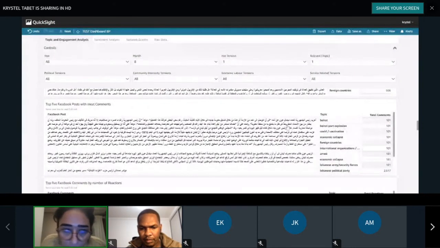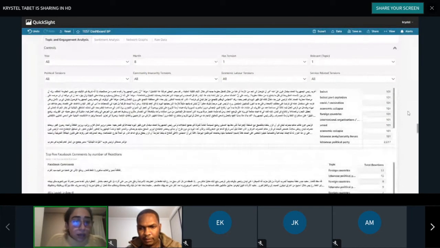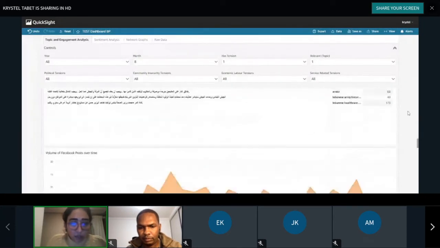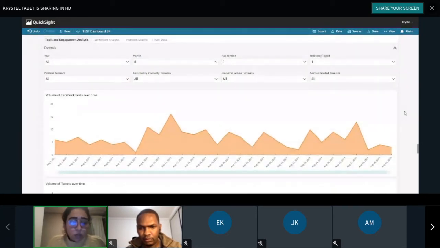So on the topic of comments, the post that got the biggest number of comments in August 2021 was a post about what the president said. And it included the Beirut port explosion, COVID vaccination, economic collapse, foreign country, and international organization, which I think was the post where he spoke for August, when it had been a year. So this is what we can see on the first page, and I just wanted to share with you as well